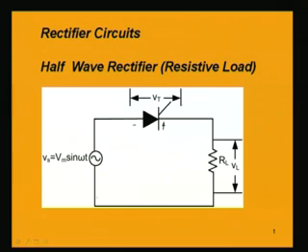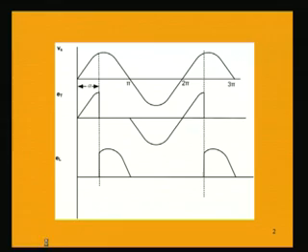So this voltage is equal to the voltage across this resistance. It will follow this shape of the input voltage, and after the pi phase angle, the thyristor will not be conducting. So the current will be 0, the voltage will also be 0,